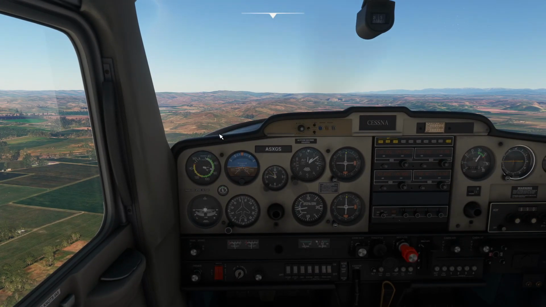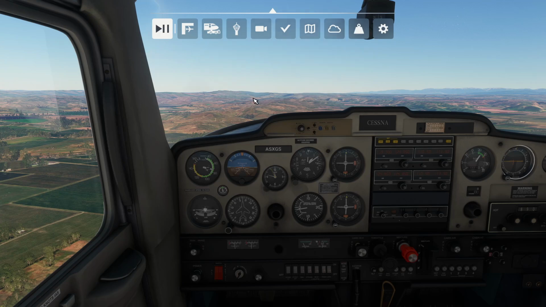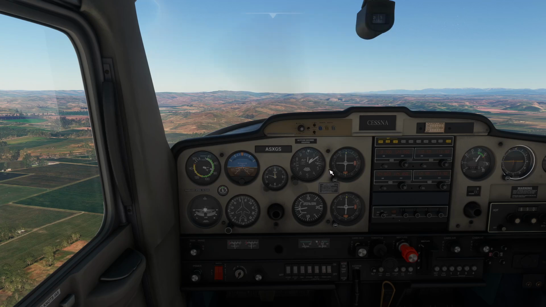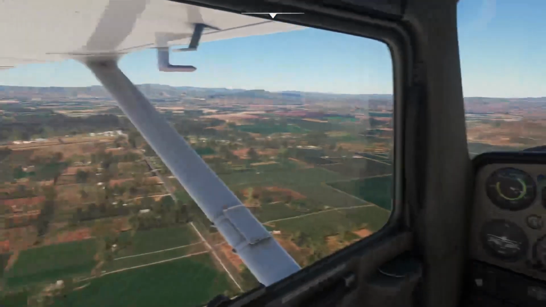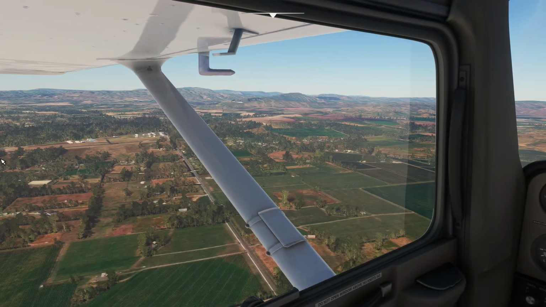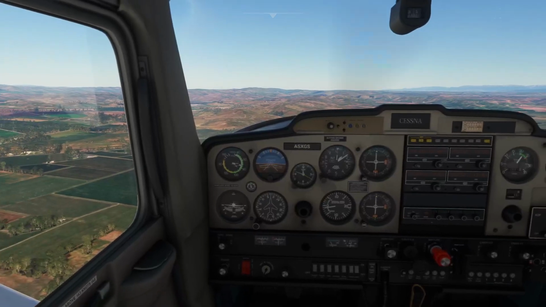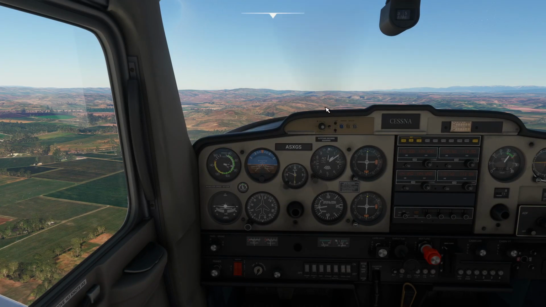And how are we going to do that? I'll show you that. We have to just add a downwind extension call to the radio, which is: Hastings traffic, Foxtrot Whiskey Kilo, extending downwind for runway 01 Sierra, and we are doing the touch and go. So: Hastings traffic, Foxtrot Whiskey Kilo, extending downwind for runway 01 Sierra, touch and go. Simple as that. So if we are supposed to take a turn from here, now we're extending the downwind, so